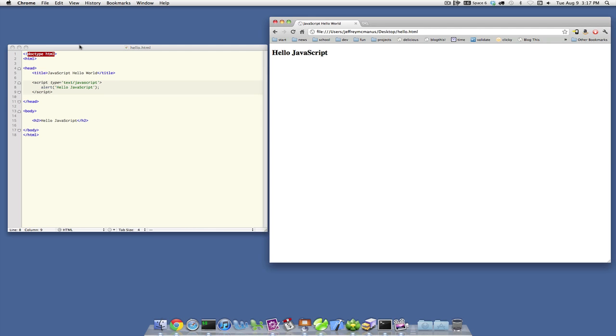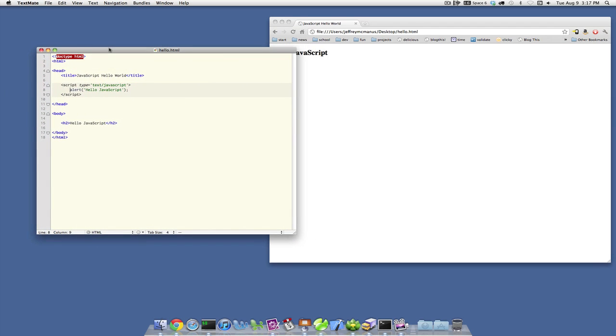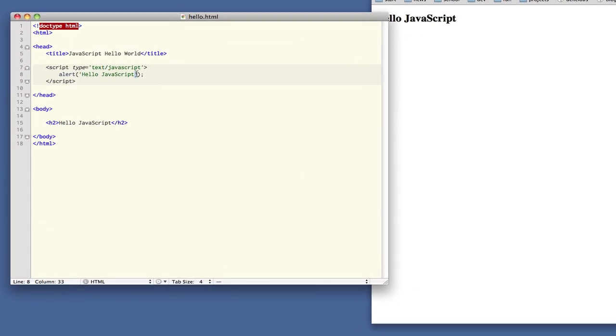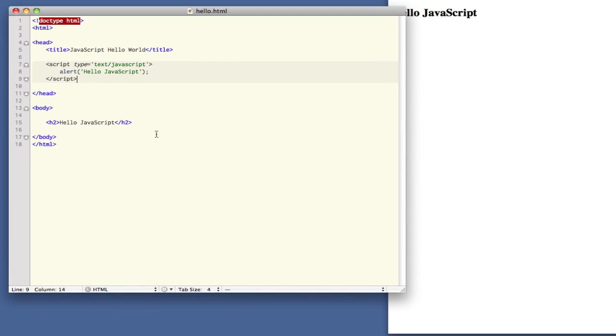Now, what happens if it doesn't work? It will almost never work the first time. It may work the first time, but one of the truisms of learning a new language and programming is that you'll forget something. You'll miss a tag, you'll forget a semicolon, you'll miss an end quote, something like that. The web browser can be forgiving in a lot of cases, and if you've been doing a lot of static web development in HTML, you're probably accustomed to being able to get away with little mistakes. But in the JavaScript world, it's a lot harder to get away with those mistakes, and so you have to be real careful, use a lot of attention to detail, and make sure that